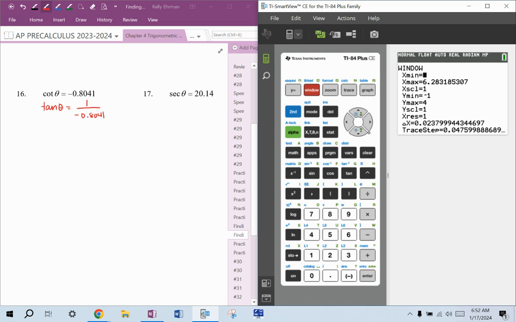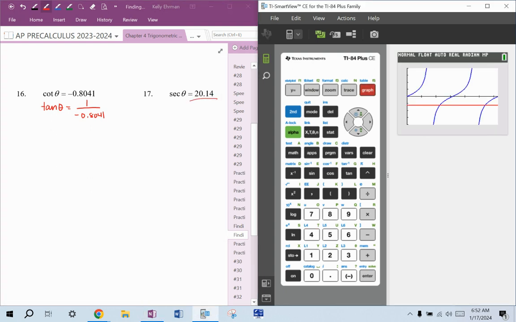So let's bump this down to -4, and then maybe that'll fix, well, I guess that won't fix the rest of my problems, but we'll see. All right, so those 2 points of intersection. Enter, enter, enter. So theta is 2.248, and